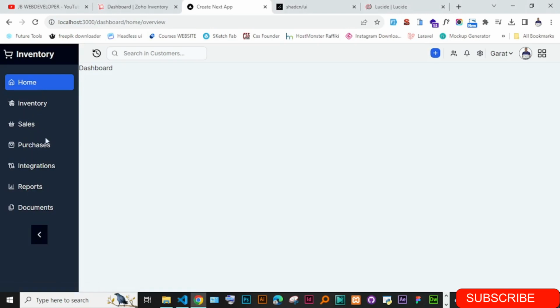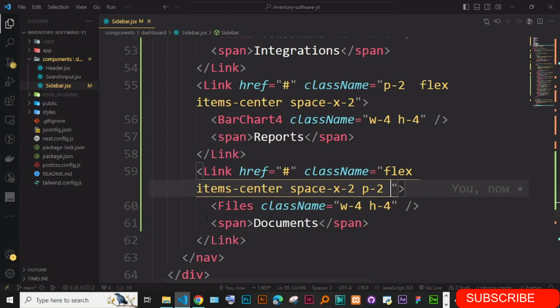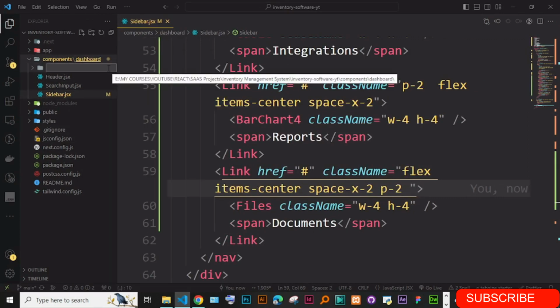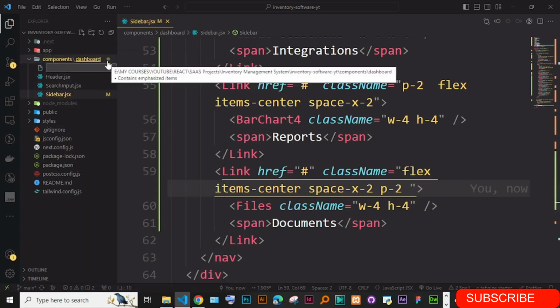Okay, yeah, so now finally we're just going to work on this subscription card. So if you check down, change plan and upgrade are both different: change plan is a button, this one is a link, upgrade. Let me make that card, and I'm just going to make it as a component. I'm going to create a new file inside the dashboard, and let's call this